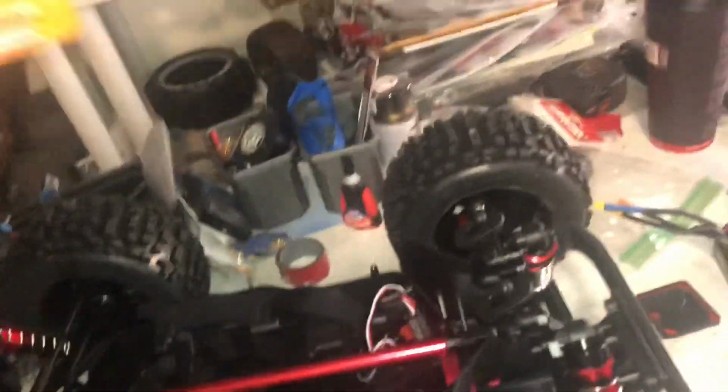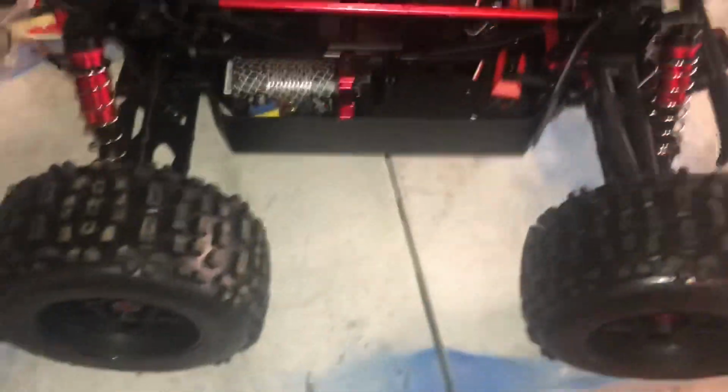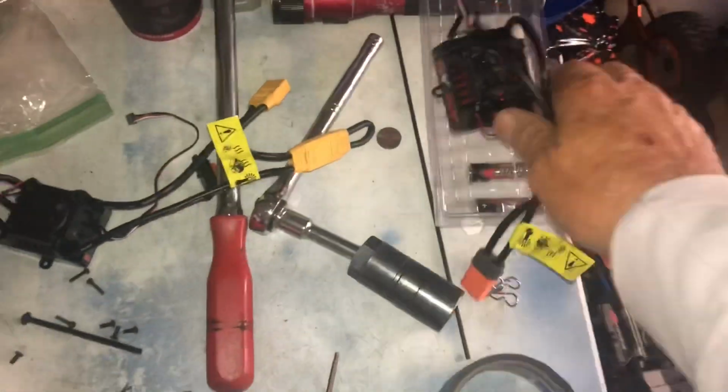Alright, I'm working on my new Outcast 6S. Probably wondering why I'm working on it. I haven't run the RC yet. I am going around checking everything, but this ESC,